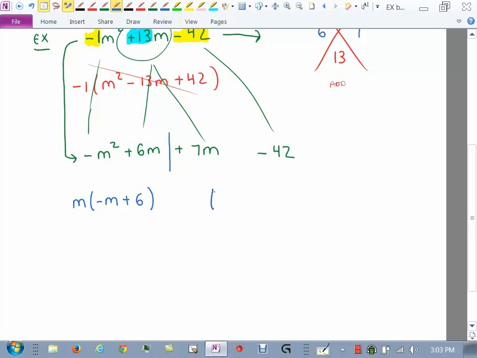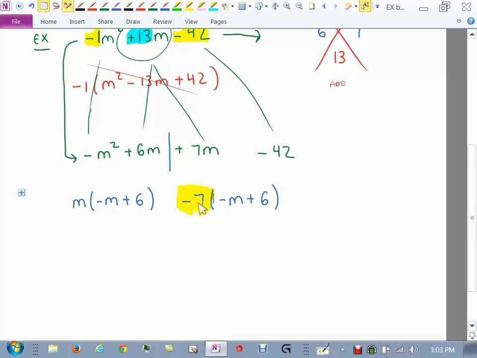So what I like to do in my classes is I tell my students, look, just put whatever it is that you need to match, right? Don't we need that to happen for this to work? And then I tell them, okay, just come up with the number out here that makes it work. So what would I have to multiply here to give me this? 7 won't work. I need negative 7, right? Because if I do 7 times negative m, that gives me negative 7m. I need the negative to go away, so I need negative 7 out here. So I'm going to stick a negative 7 out here.